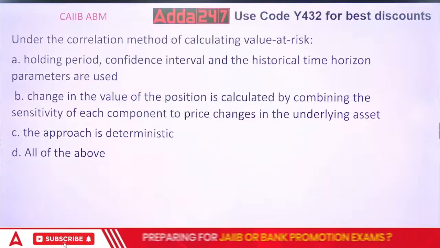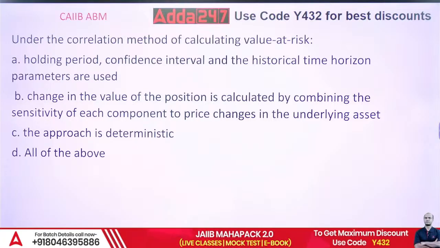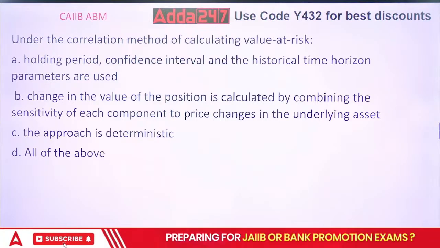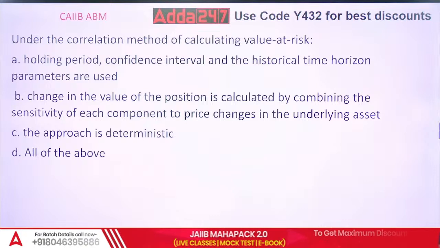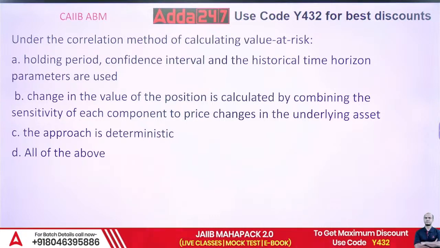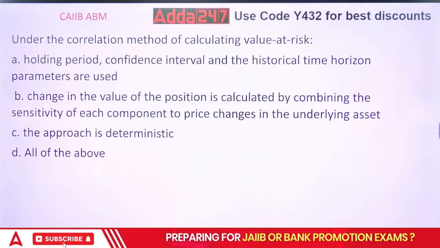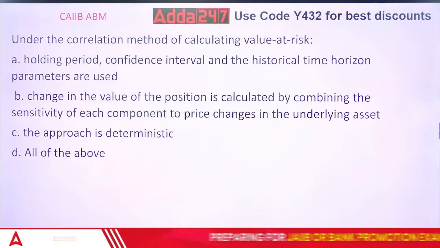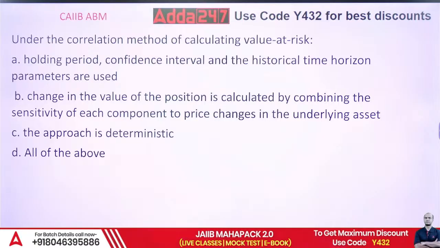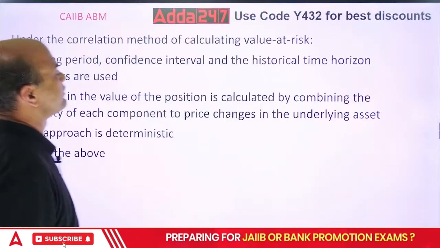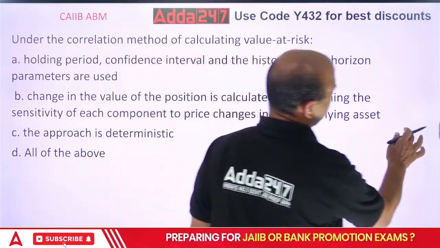So holding period is there, confidence interval is there, historical time horizon is also there. So VAR will include all these three, plus change in the value of the position is calculated by combining